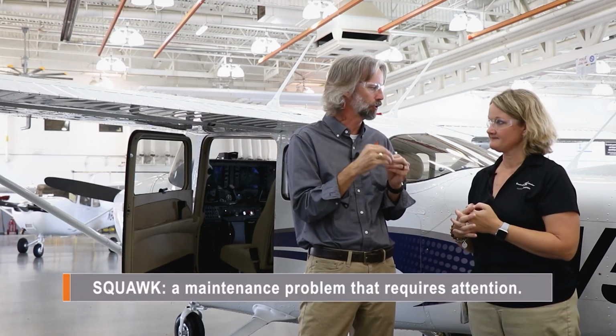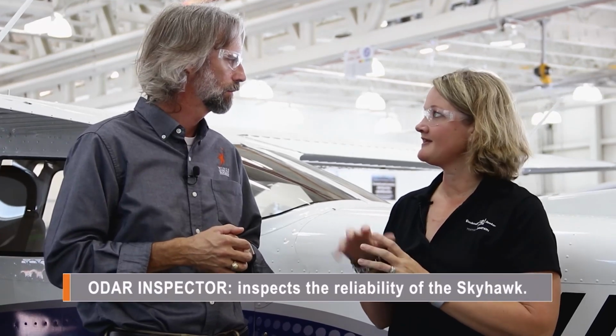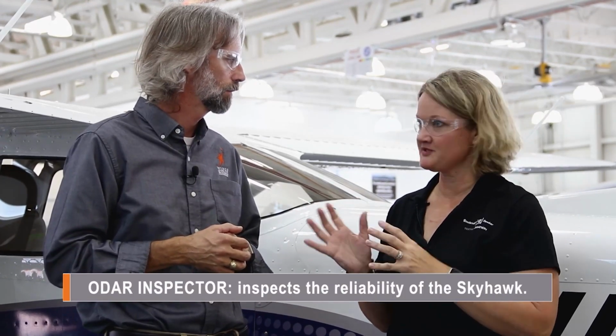So once a Cessna pilot gets this, they'll take it up and squawk it, come back, and you'll do any little tweaks to that, and then it goes right onto the customer. In the same area right here, we'll do our squawks as well. Oh, okay. And then once those are completed and the pilots have bought off on it, then we bring in our ODAR inspectors, and they inspect it one last time